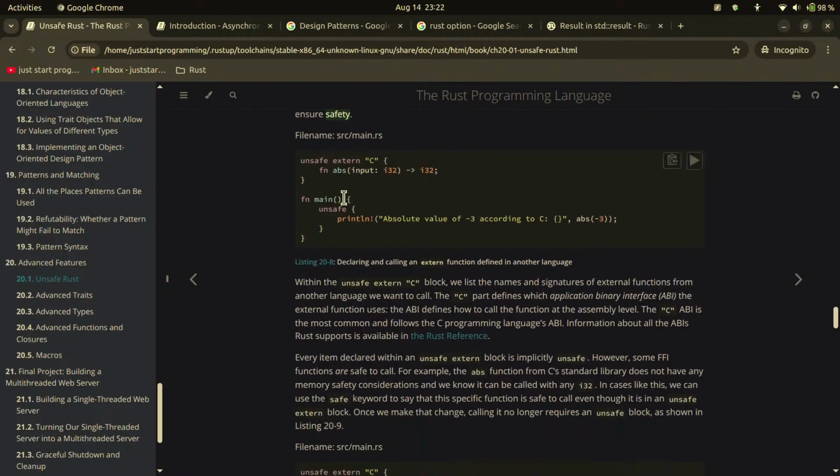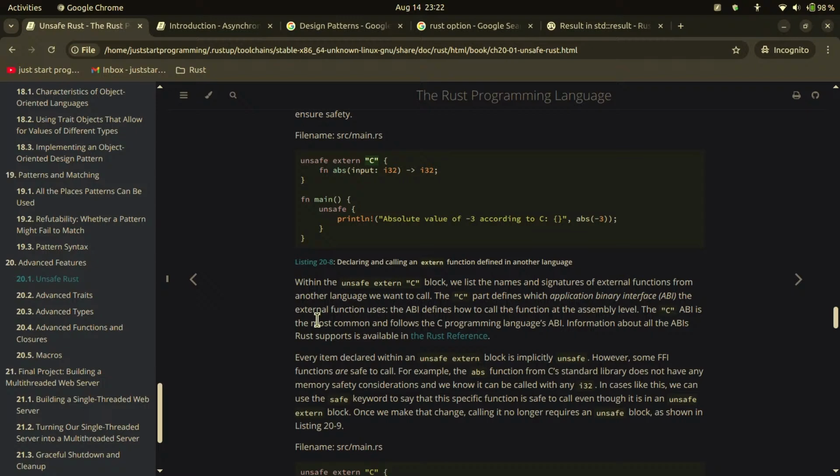Okay, what can we see from here? Within the unsafe extern "C" block, we list the names and signatures of external functions from another language we want to call. The "C" part defines which application binary interface,